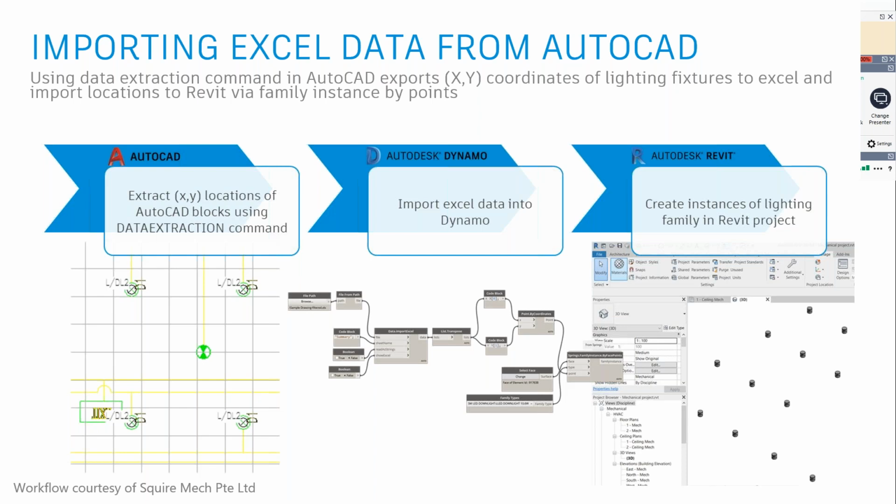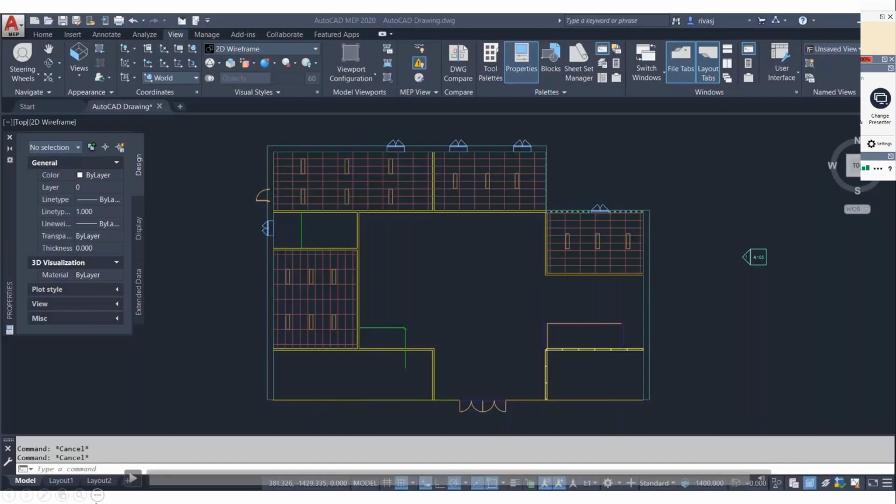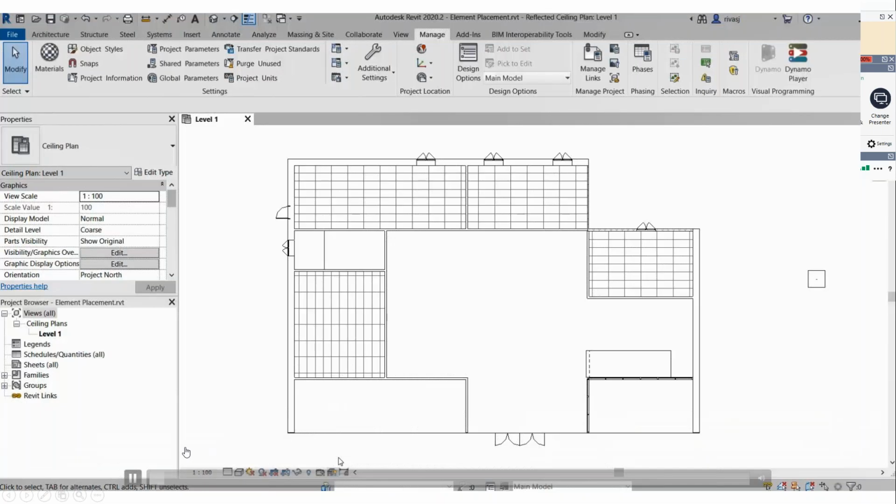So we have already received the CAD drawing from our engineering consultant, and now I need to convert that information into the BIM model. One method would be to do that whole process manually: I open a CAD drawing, open the instance of the Revit model, quickly identify the location of each and every element, whether a lighting fixture, a sprinkler, or an additional architecture component, and then do that placement manually. Or it could be a little more automated using the Dynamo workflow. In this particular case, what we can make use of is the data extraction command. So here, if you see, there are no lighting fixtures currently.